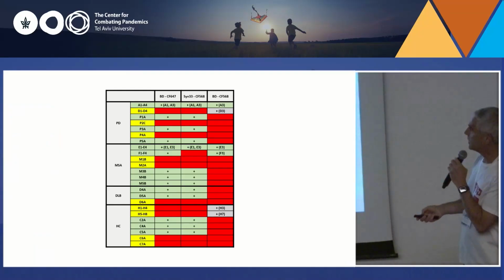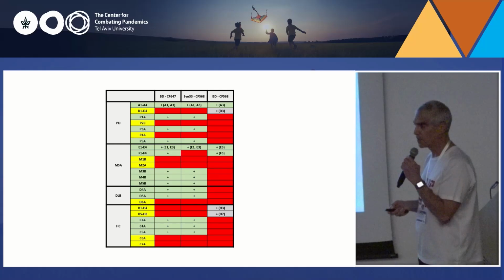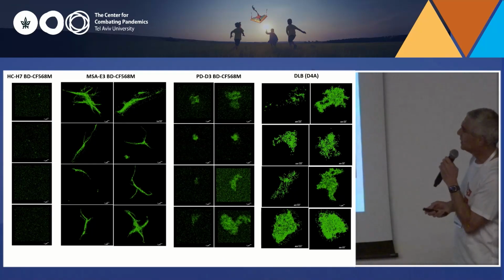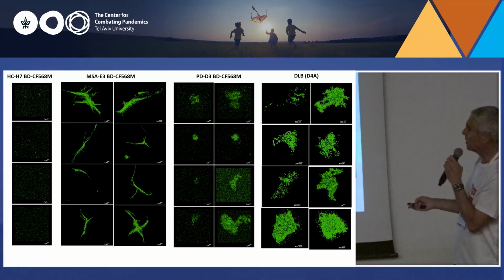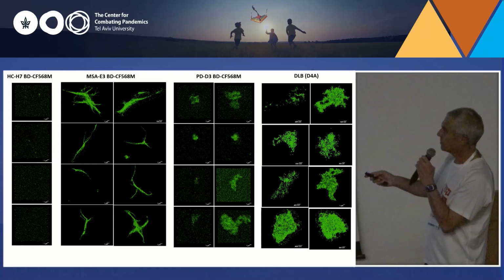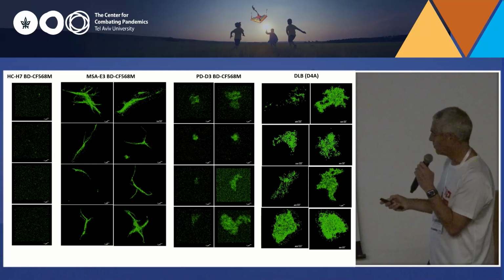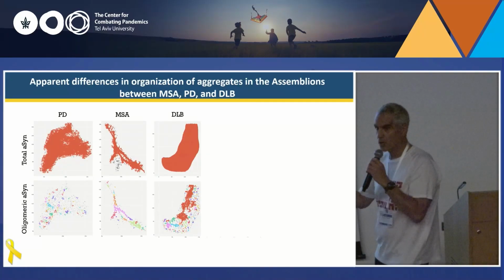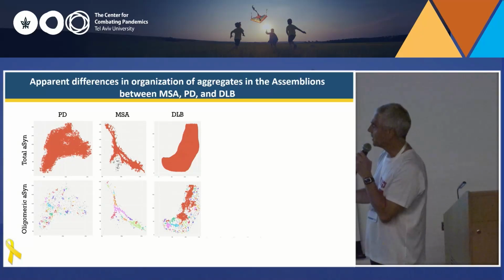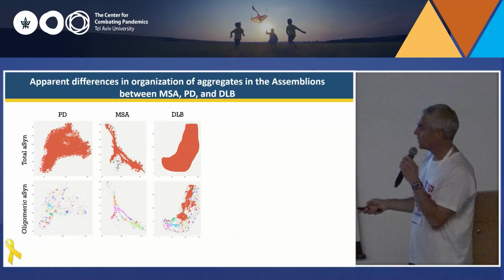So with that, we have a list of patients that we received a CSF sample from. Hopefully, we'll also get brain samples. I'll skip that. You can also see this is just a gallery of many cases. MSA patients look very similar to each other, PD look different, and DLB look different from the rest. What we can do now is apply our algorithm analysis and get different combinations of aggregation in the different types of the diseases.